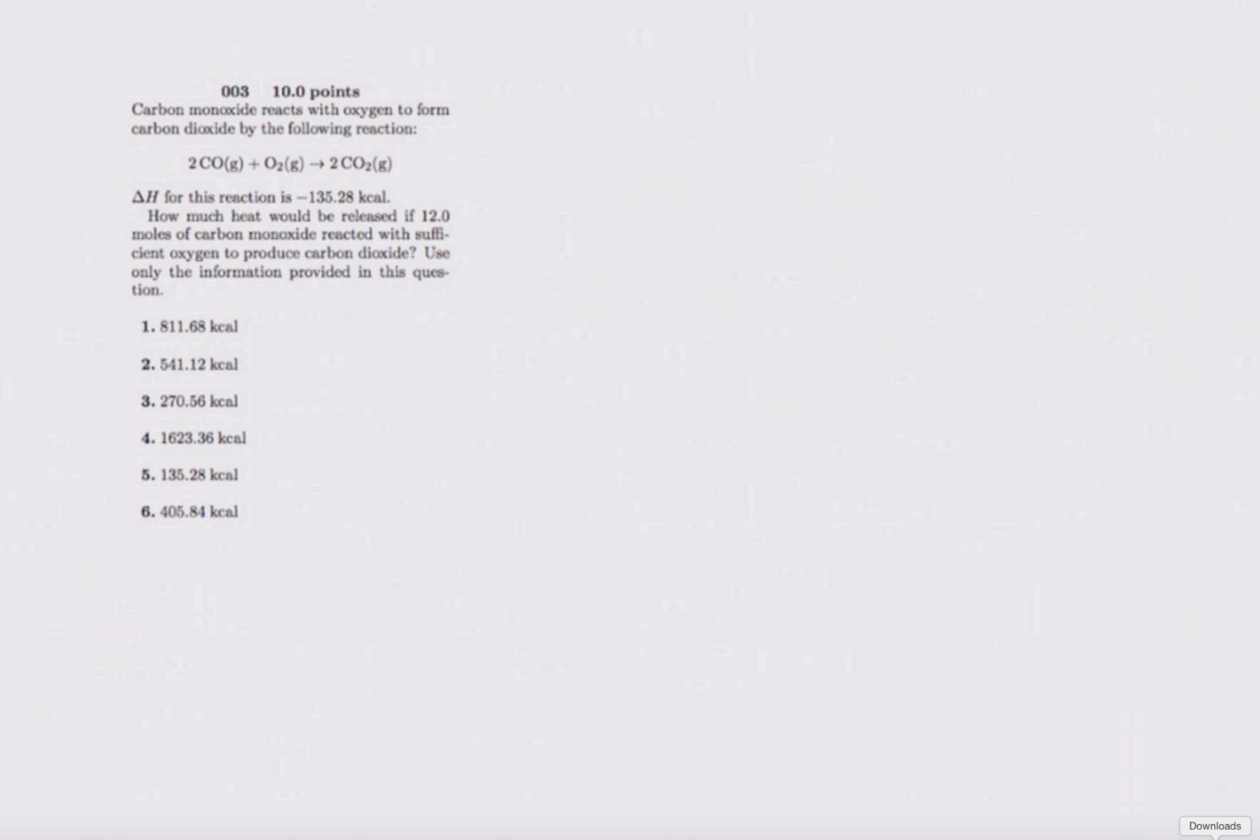So we have another reaction here. Carbon monoxide and oxygen produce carbon dioxide. We're told that the enthalpy change is negative 135 kilocalories. And the question is, how much heat would be released if 12 moles of CO reacted with excess oxygen to produce carbon dioxide? And so the key here is a little bit of stoichiometry, a little bit of thermochemistry, but we can treat the 135 kilocalories as a product, because that's an additional product,